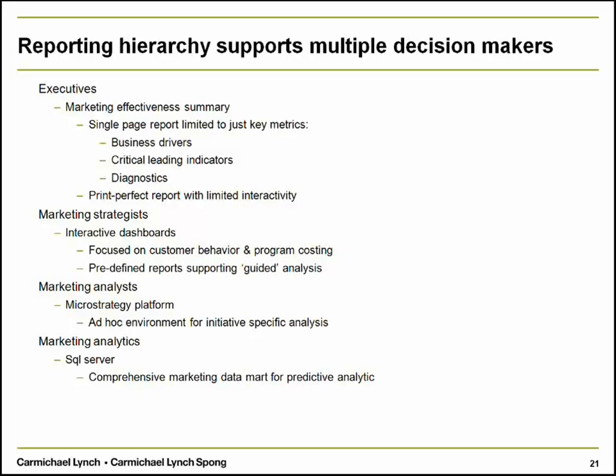So on that last slide, you saw a little bit about the layout. We work inside of probably 9 big verticals of dashboards, but we wanted to separate who the users are. So up at the top, we talk about executives. What we talk about are marketing effectiveness summary. A single page limited to just key metrics of inside business drivers, leading indicators, and diagnostics. Limited interactivity so that it's print perfect. So that's something that's meant to be shipped out. It doesn't get posted on top of the website. It's meant to go straight to folks that aren't going to spend a whole lot of time really diagnosing and